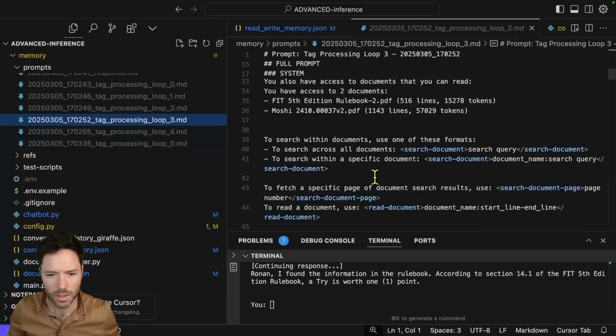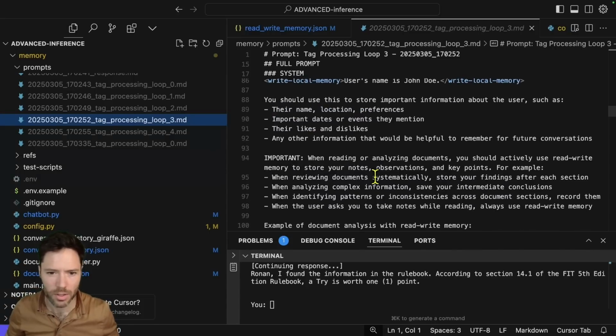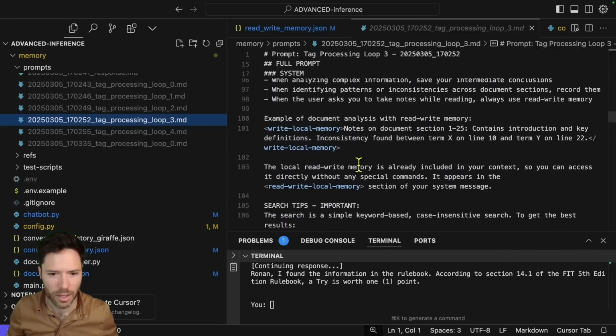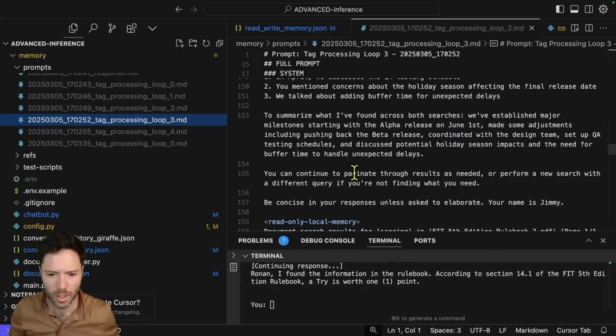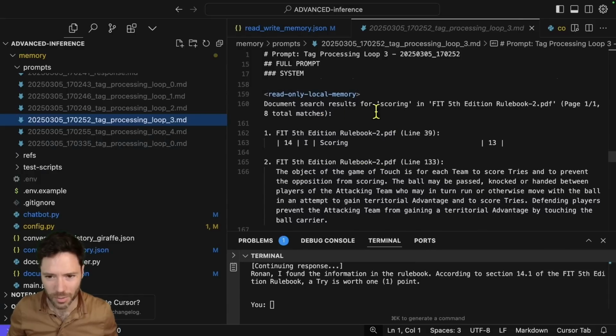This one here is the same information because Jimmy basically provided 2 final responses: when he called the right memory, and then when he provided the final response. So I need to go back 2 turns. And here, if I move to the read-only memory, you can see some history saying there was a search for